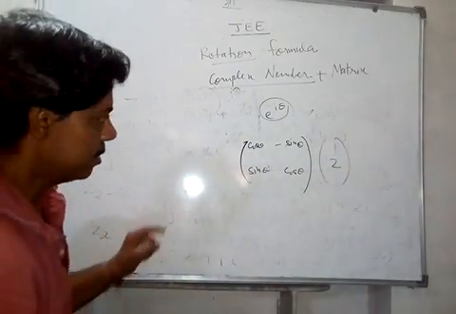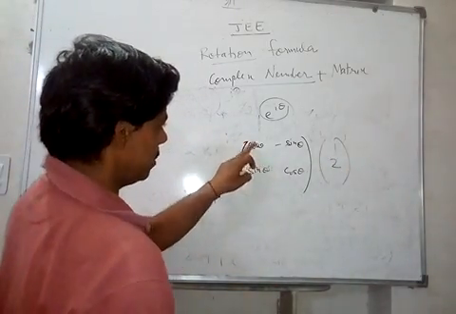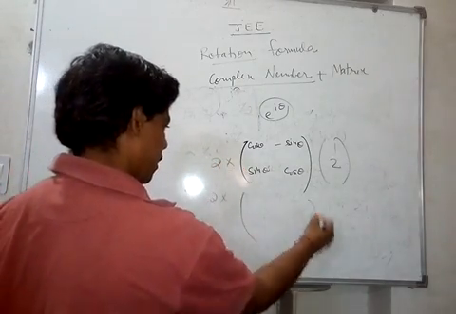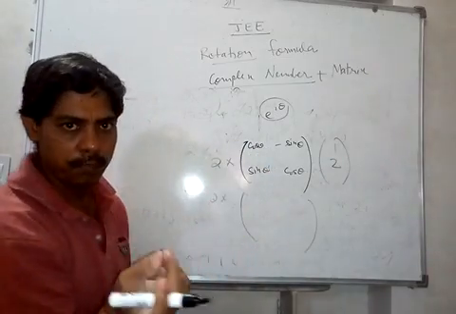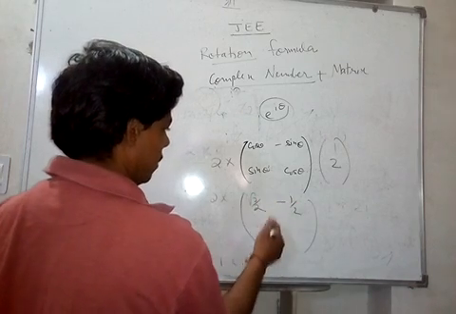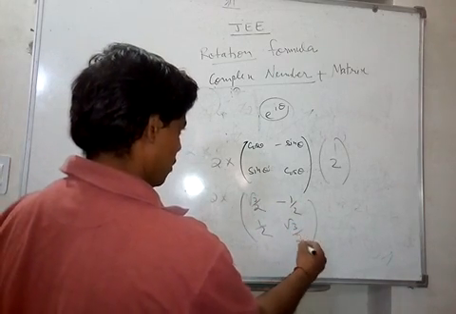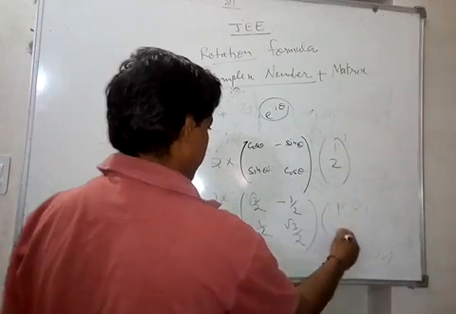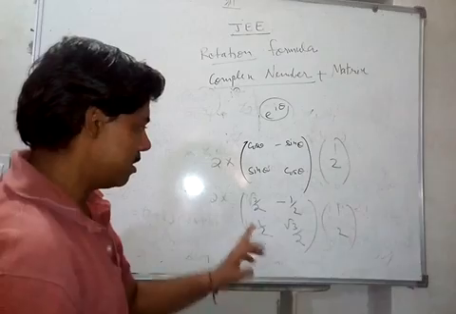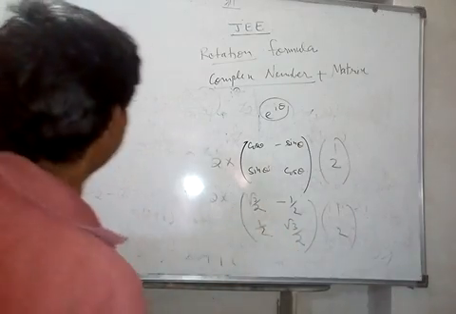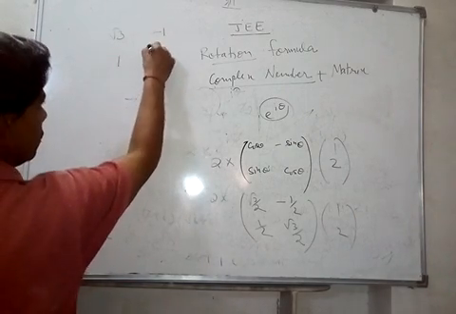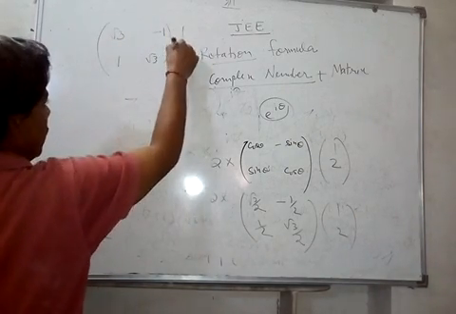And when you are doing the matrix multiplication, now suppose in this previous question you were rotating 1 2, okay, by 30 degrees, and the scale factor was 2, if you remember. Then now see, 2 into cos theta, cos pi by 6, cos 30 degrees is what? Root 3 by 2, minus half, and this is half, and this is root 3 by 2. Now do it like matrix multiplication. First remove all the 2's, multiplying each term by 2 we get root 3 minus 1, 1, root 3. So we get root 3 minus 1, 1 and root 3, and multiply this by 1 and 2, okay.